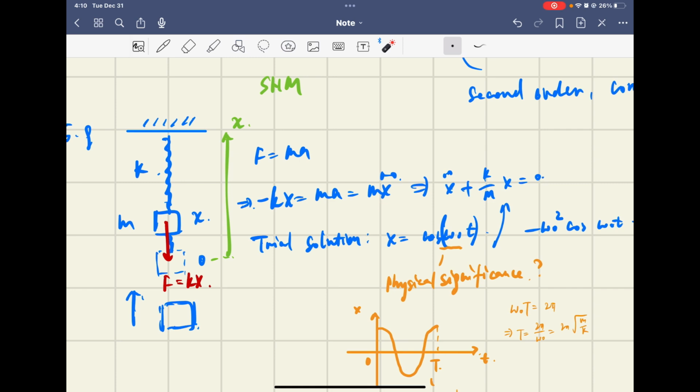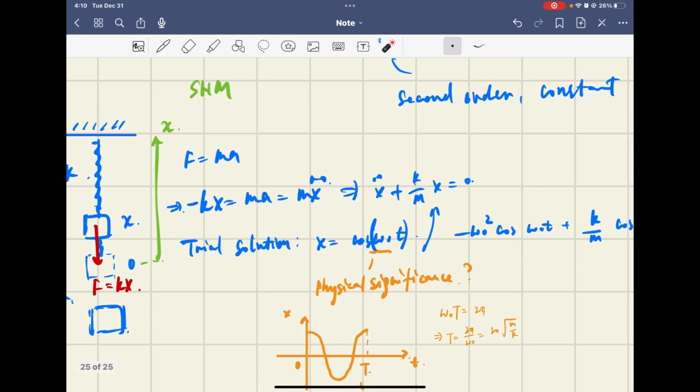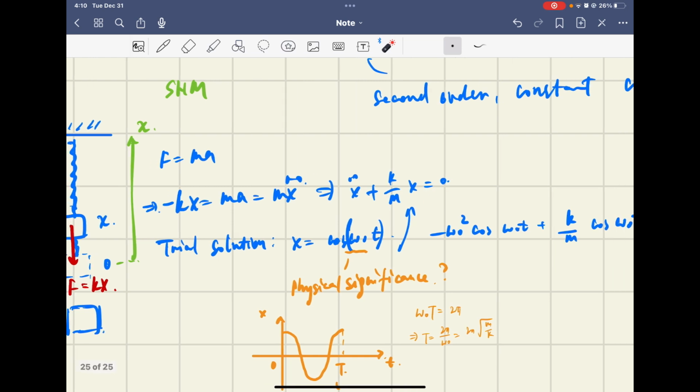So we write this as a derivative of the displacement x. So it's minus k times x equal to m times x double dot. Okay, and we will write the equation in this form. Okay, so in the last video I talked about the exercise